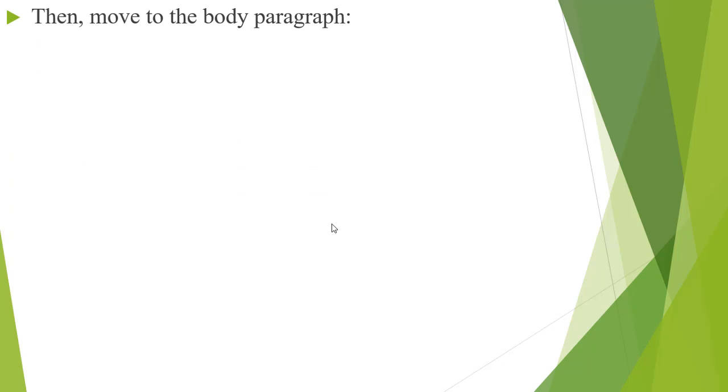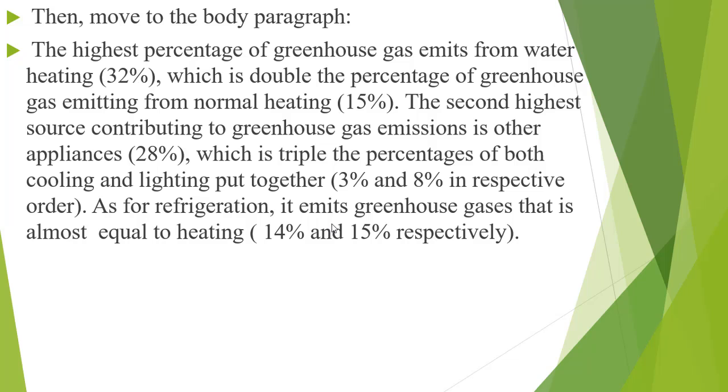Then move to the body paragraph. The highest percentage of greenhouse gas emits from water heating, 32%. This value is double the percentage of greenhouse gas emitting from the heating, 15%. Okay. The second highest source contributing to greenhouse gas emissions is other appliances. So here I am making a rank. The highest value is water heating, and then